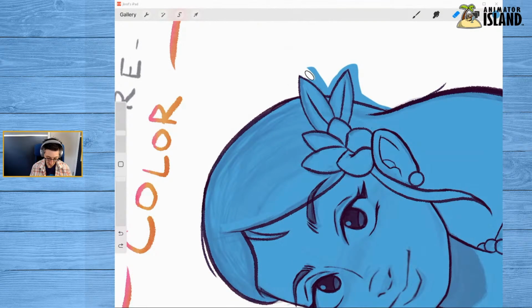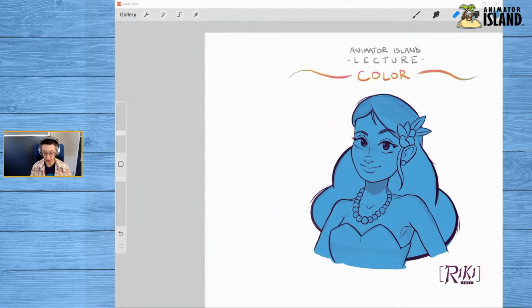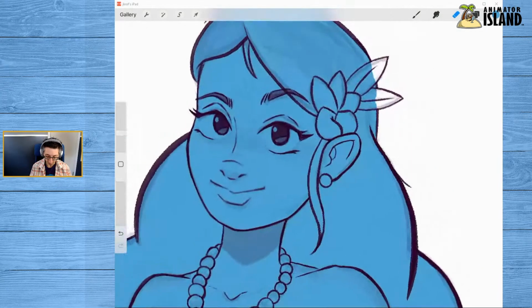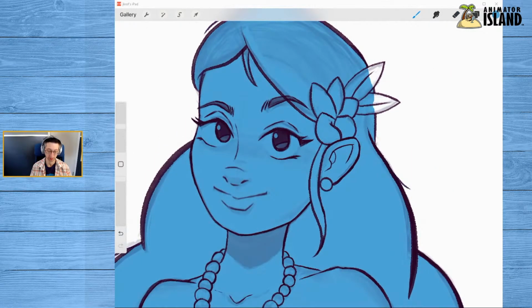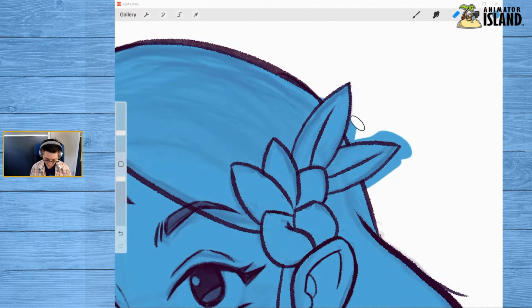And so we can go in and we can clean up these edges and basically do what I was doing before, but this time I'm erasing it out instead of putting it in. And so that's an option for you too. It's kind of a preference thing. You can even do both, which I will do here now because I didn't do these leaves. So I will just fill in those leaves really quickly. And oh, I went over the lines, but that's okay because now I can go back with my eraser and I could just erase those bits out and we'll be in good shape.